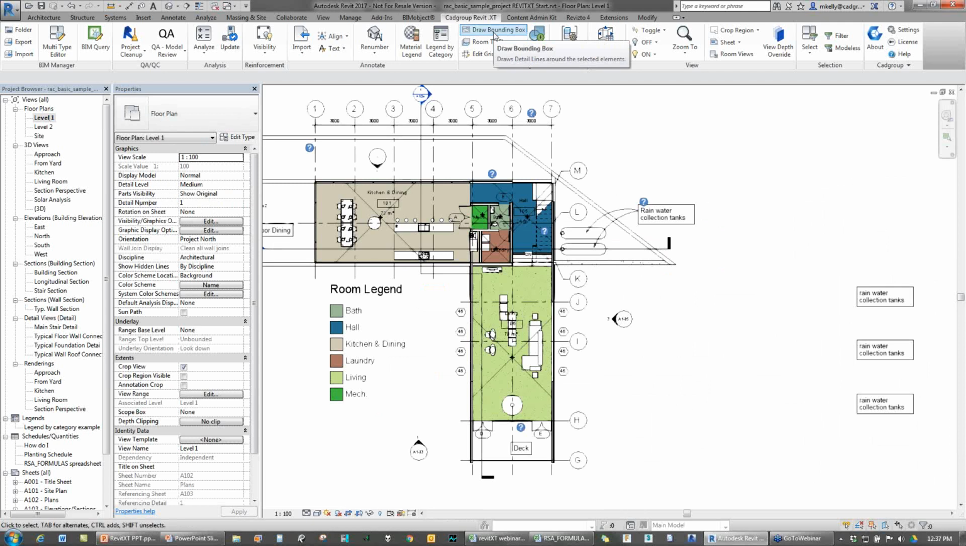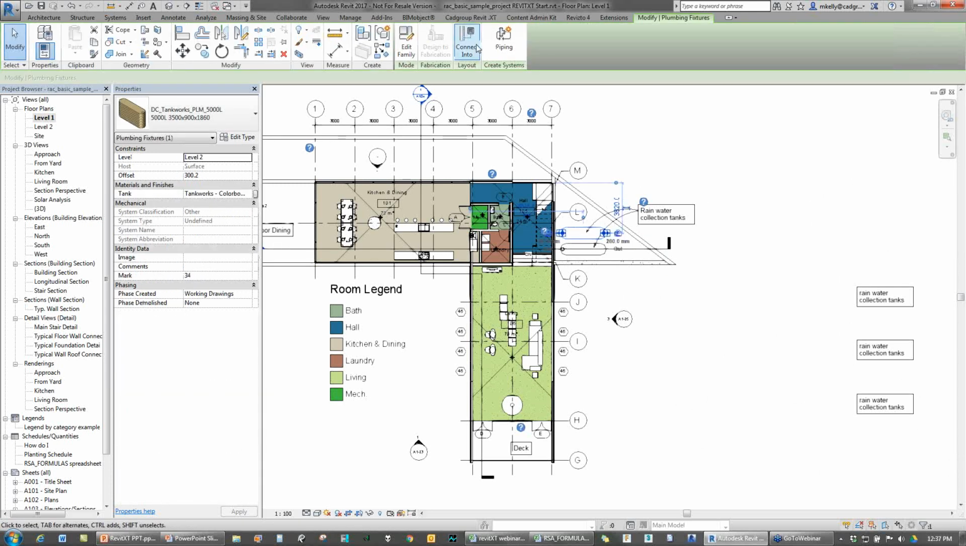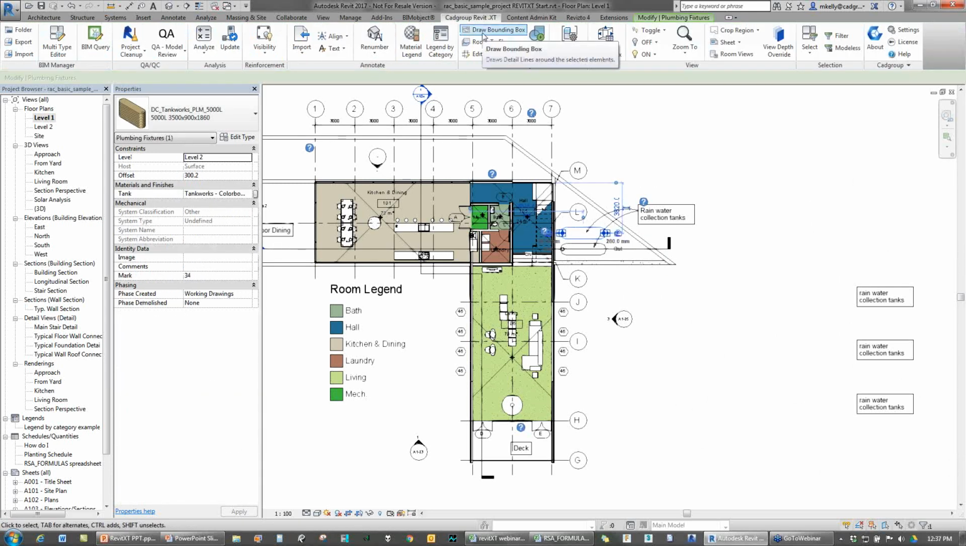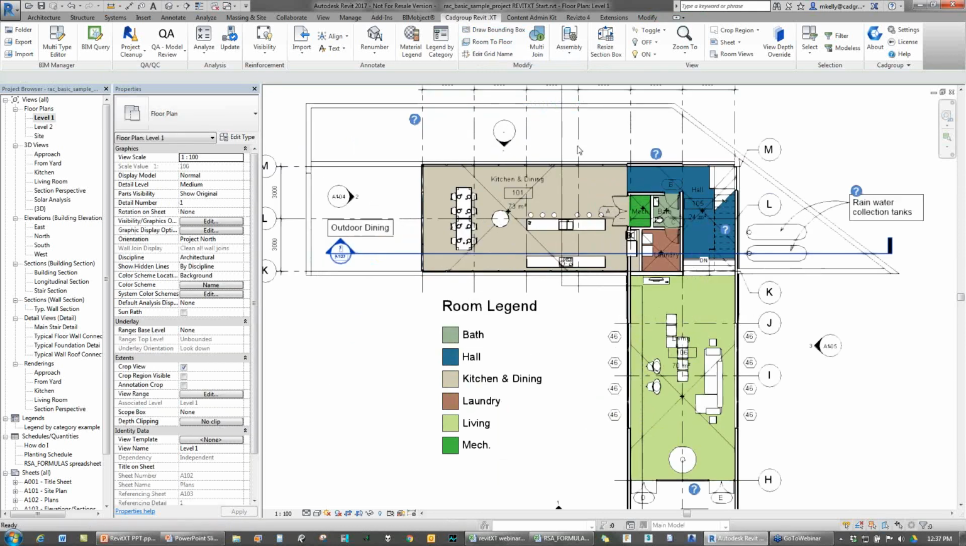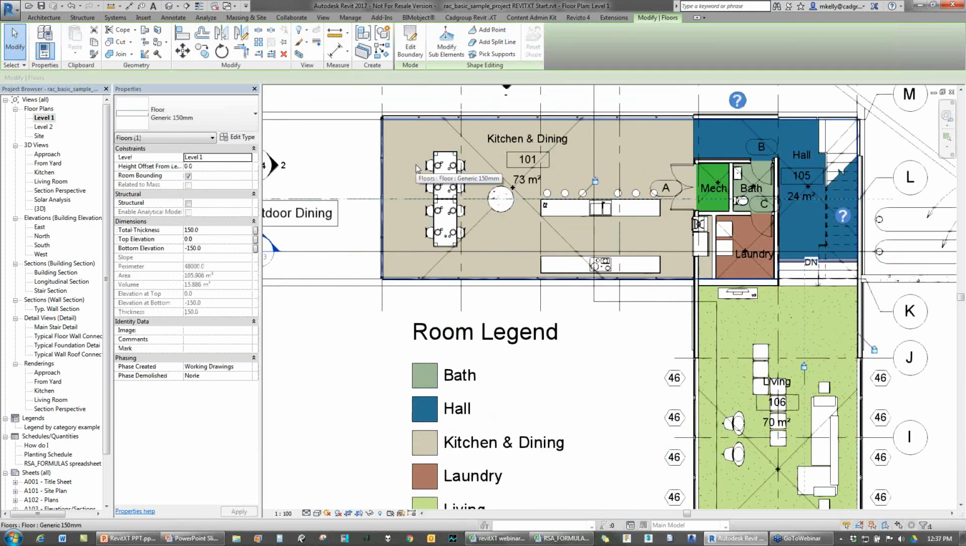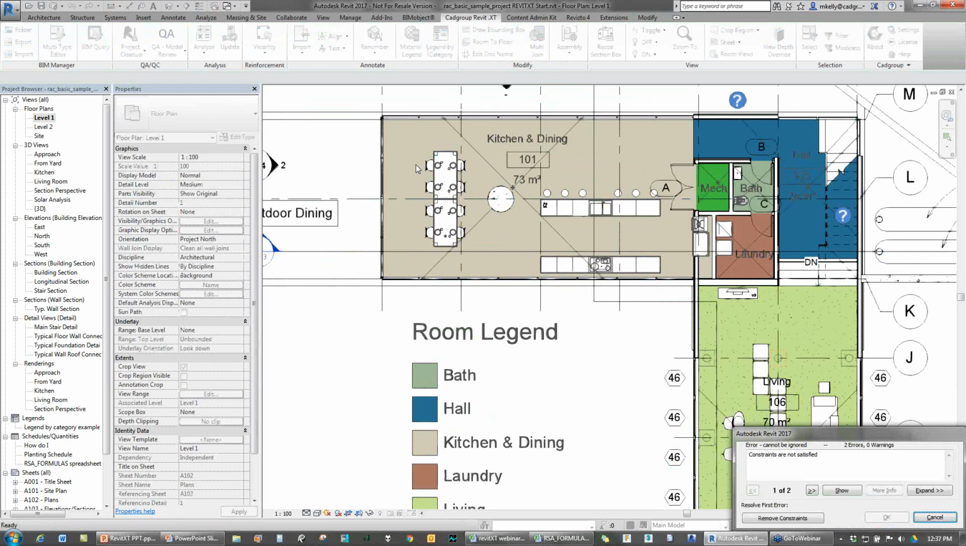Okay, draw bounding box. If I select an element, I can click draw bounding box, and that draws a line around the element. That may be of some use, perhaps it's only of limited usage, but there may be scenarios where that's useful to you. If I select that floor and delete it,